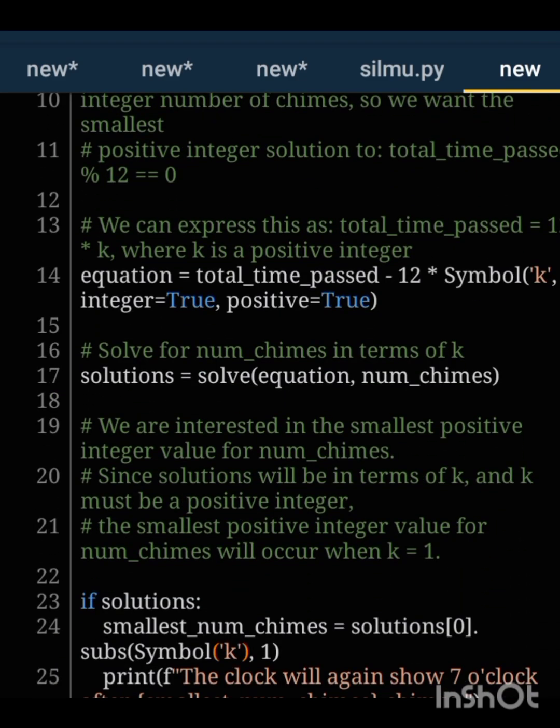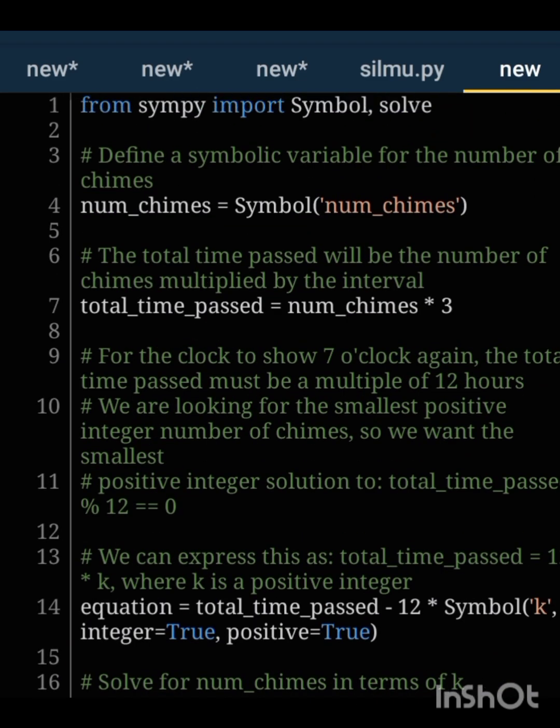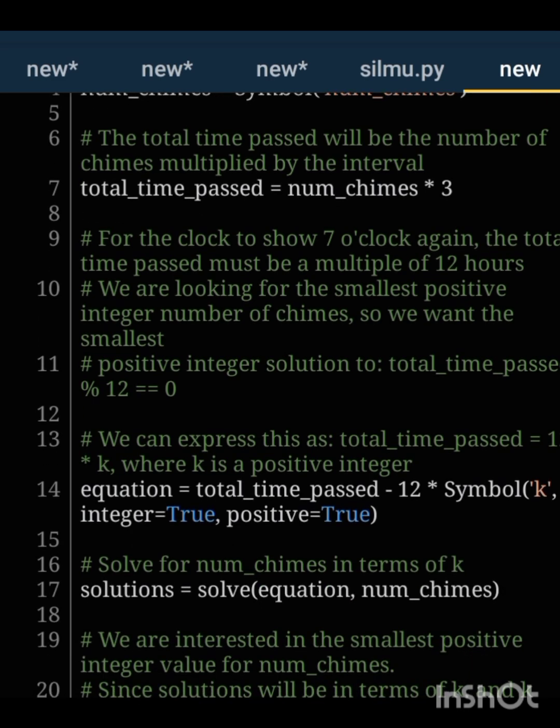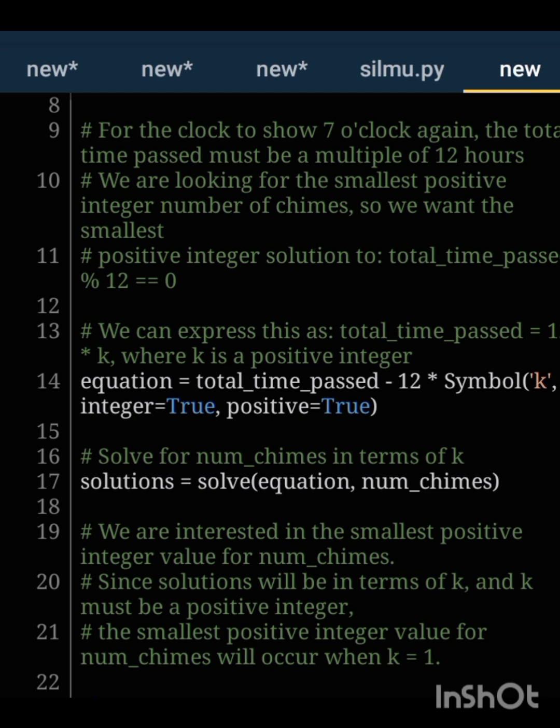So in order to make it easier, so that we just end the video, we say from Sympy import symbols, solve. They define a symbolic variable for the number of times. Total time passed will be the number of times multiplied by the interval, and the interval was 3. So the equation is equals to total time passed minus 12 times symbol k, integer true, positive true. Solution equals solve equation, comma,